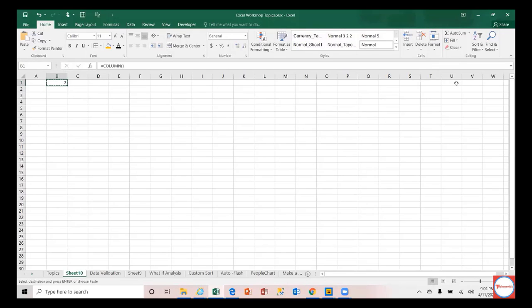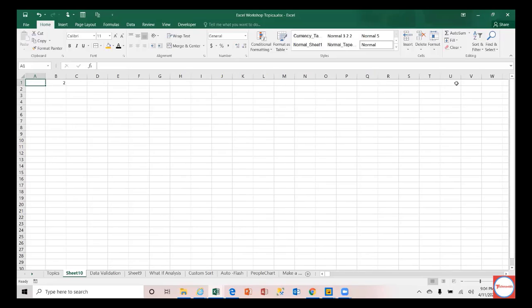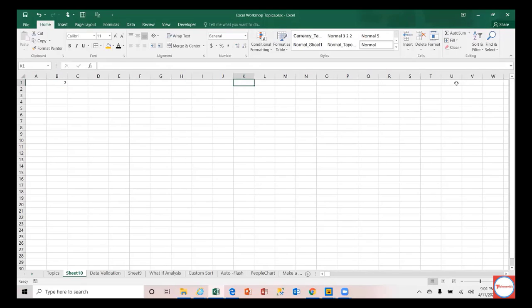Similarly, if you want to know what XFD is, it is 16,384. So Excel has 16,384 columns. Of course, this is 2016; 2013 is also the same. XFD is not understandable, so Excel has a function called COLUMN which will give you the exact number of the column in numerical form.